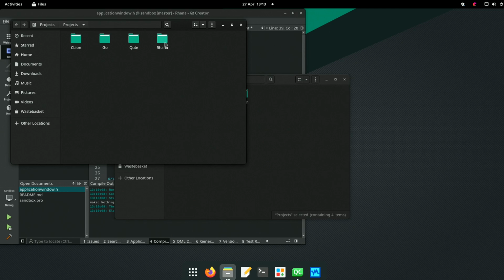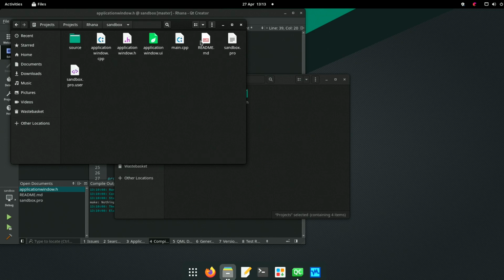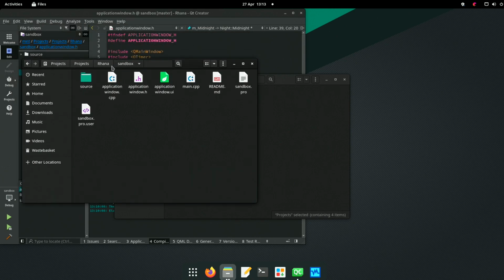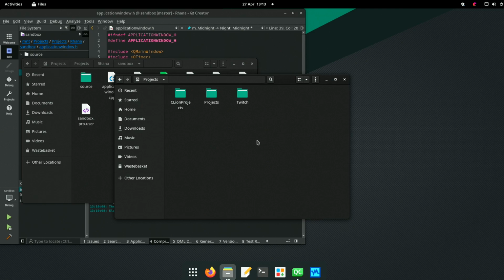So we're going to be taking the sandbox. So projects, Rana, sandbox. These are all the bits and pieces. Okay, where are we going to put them? We're going to put them in Twitch.